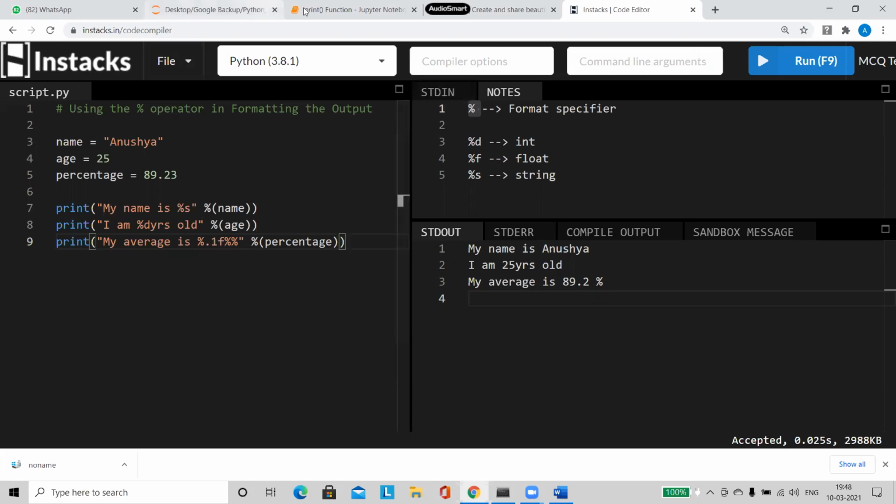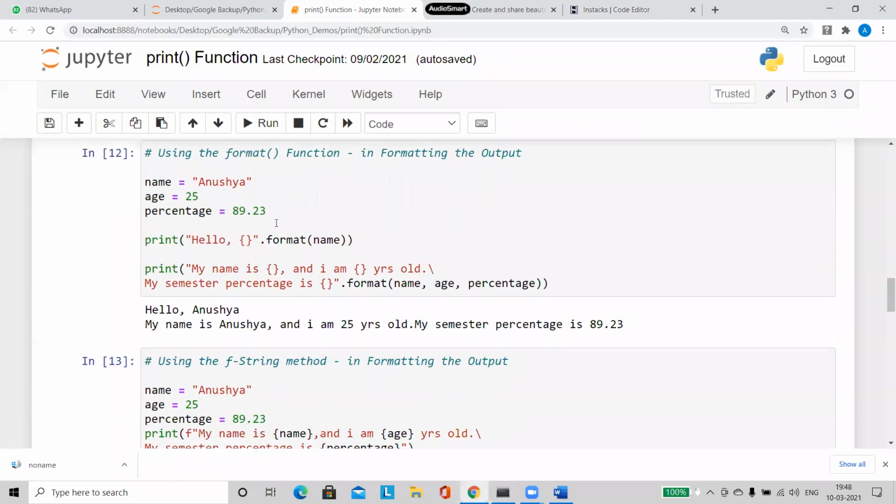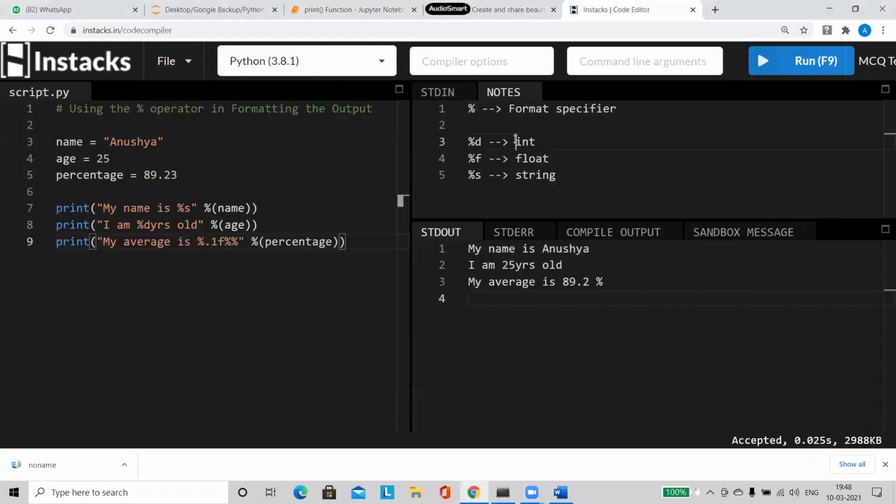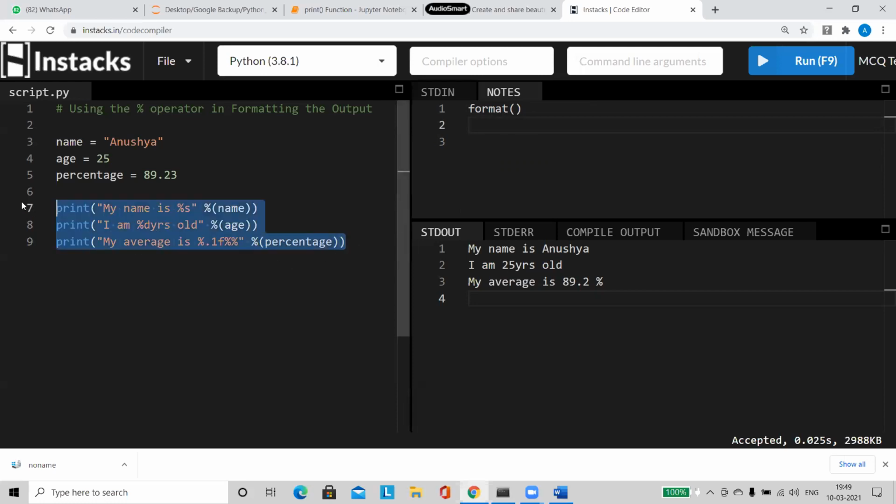Okay, now the next way. As I said, there are different ways of doing it. The next way is a function called format. Now what I used earlier is a percentage. Now I'm going to use a predefined function, or what we call a built-in function. A function called format is available. I can make use of that function and work on it. So how to make use of that function? Okay, let us try that.